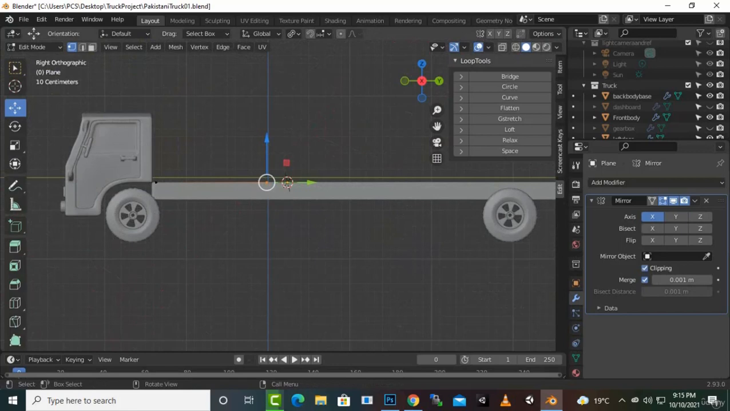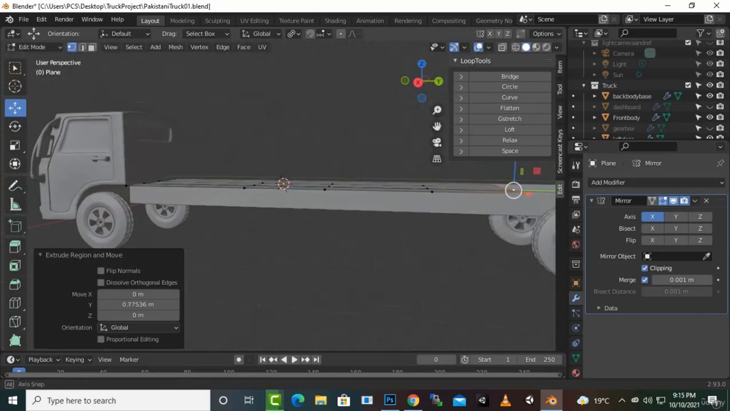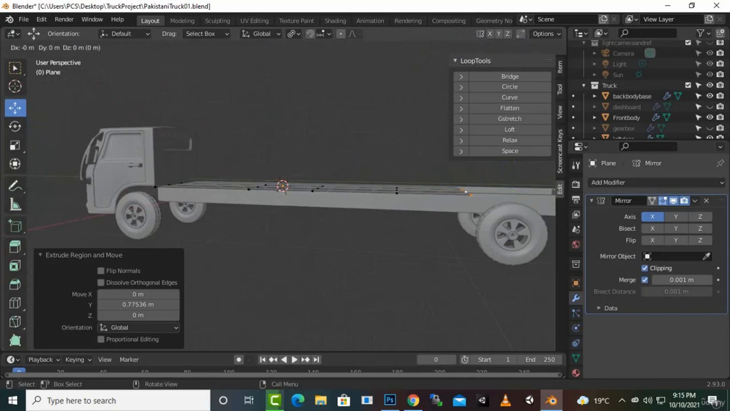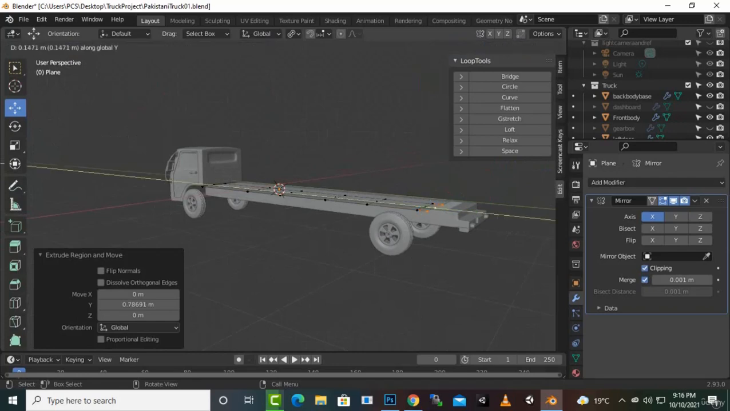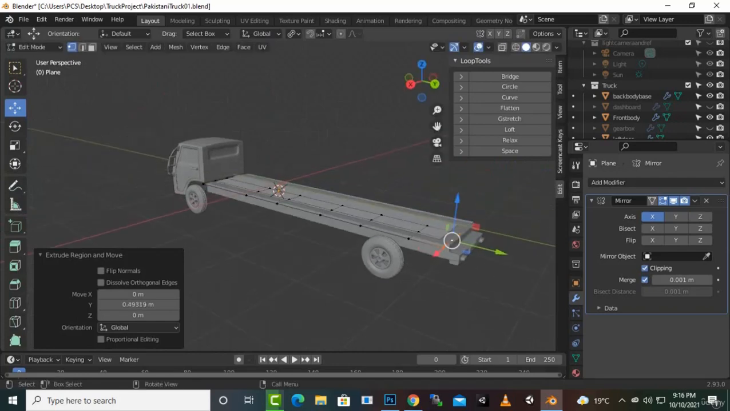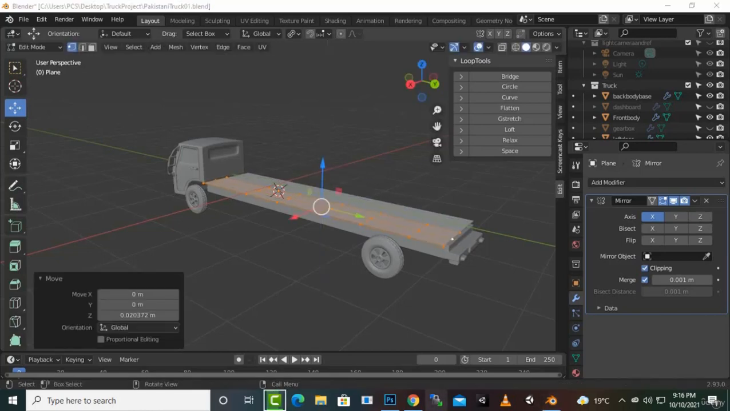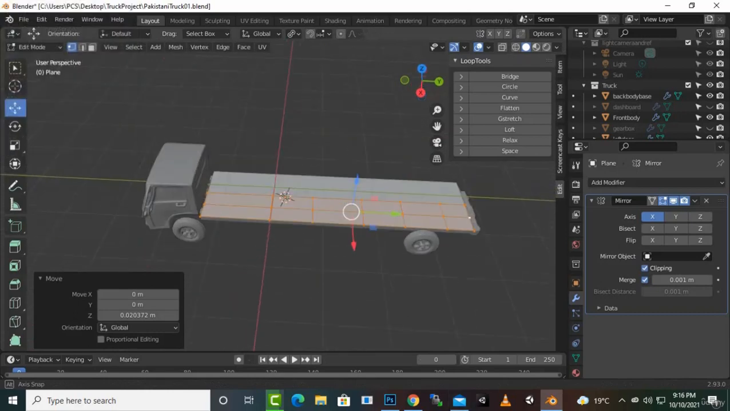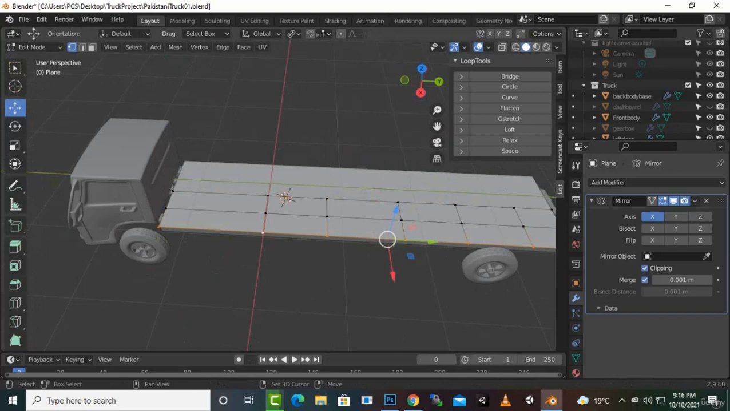We'll press E Y to move further, E Y to move further, E Y to move further like this, and E Y to move further, E Y to move further till here, I think. And we will select everything. We will move it a little bit up like this, and then we will select the loop here and the loop here as well, and this loop as well. Okay,